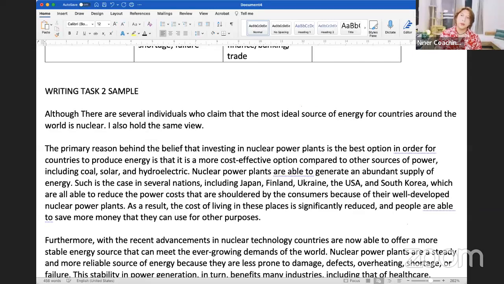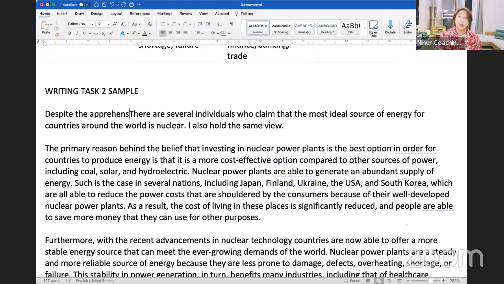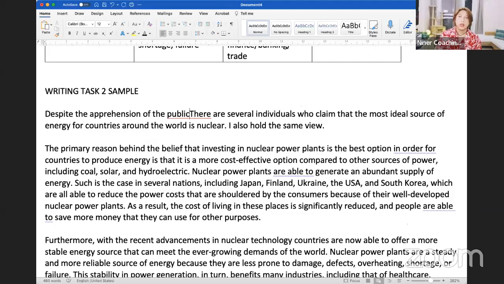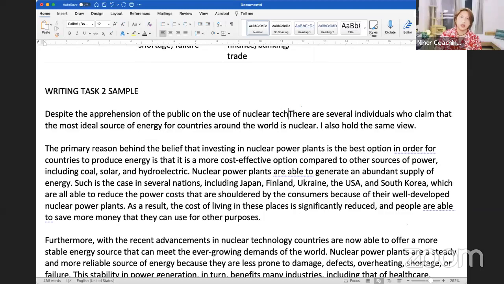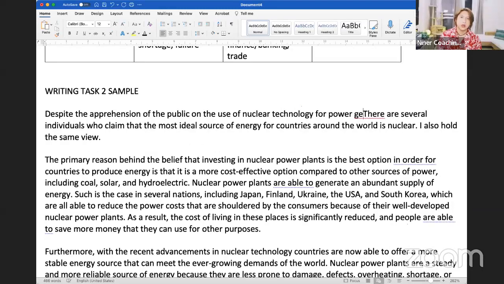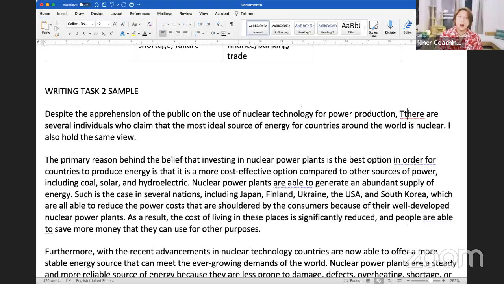Despite the apprehension of the public on the use of nuclear technology for power generation, there are several individuals who claim that the most ideal source of energy for countries around the world is nuclear. I also hold the same view. The primary reason behind the belief that investing in nuclear power plants is the best option in order for countries to produce energy is that it is a more cost-effective option compared to other sources of power, including coal, solar,